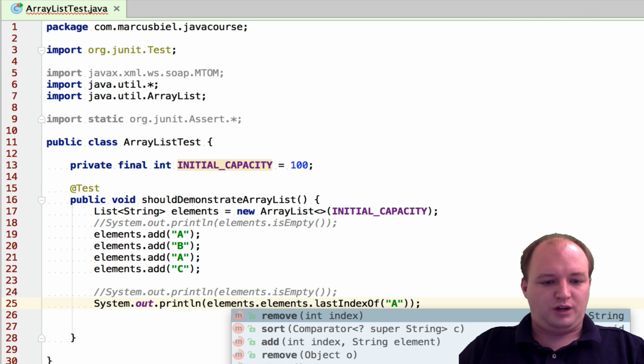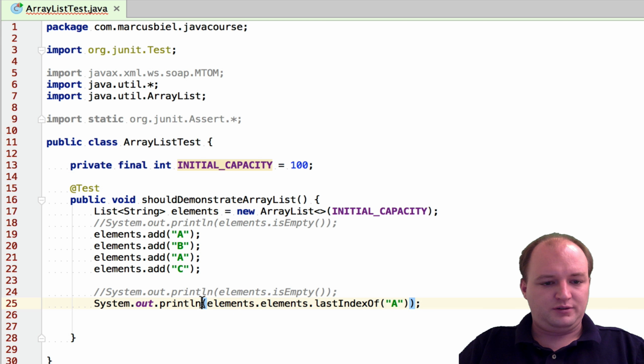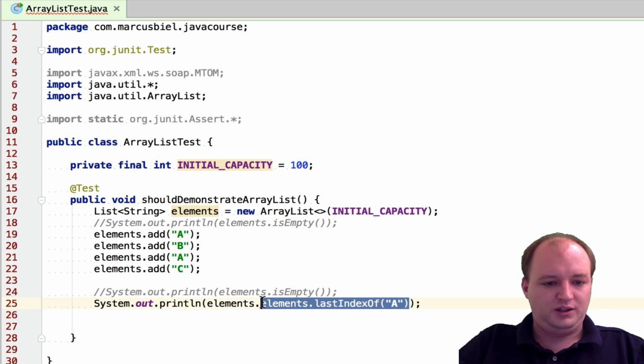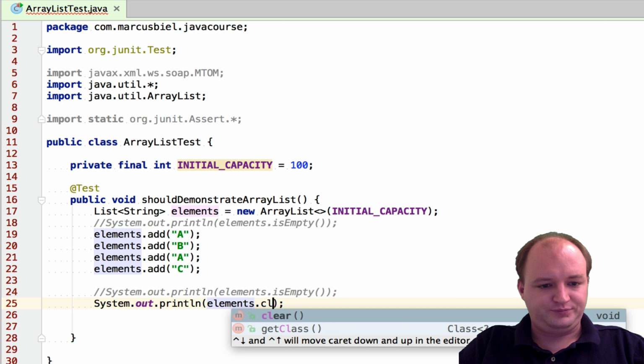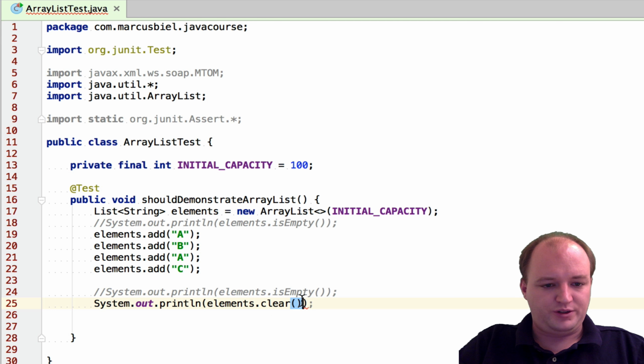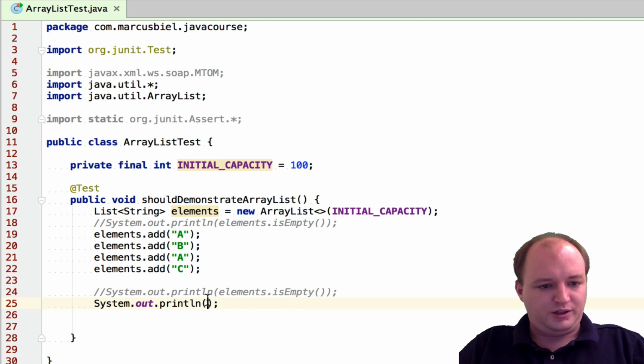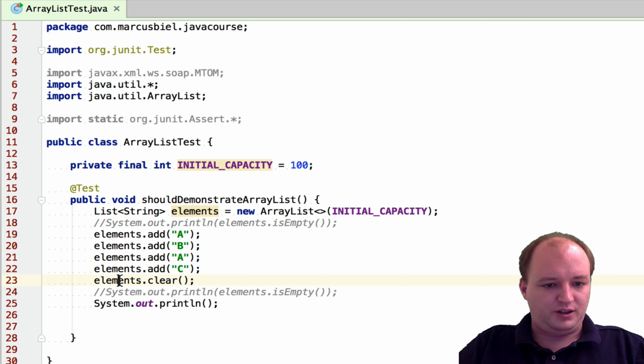Okay, so now I can also show you the clear method and the isEmpty method. I think the isEmpty method we already saw, but now let's use clear. This method is void, so I cannot print it, but I can put it here. Clear will empty the list, and then we'll ask, is it empty now?